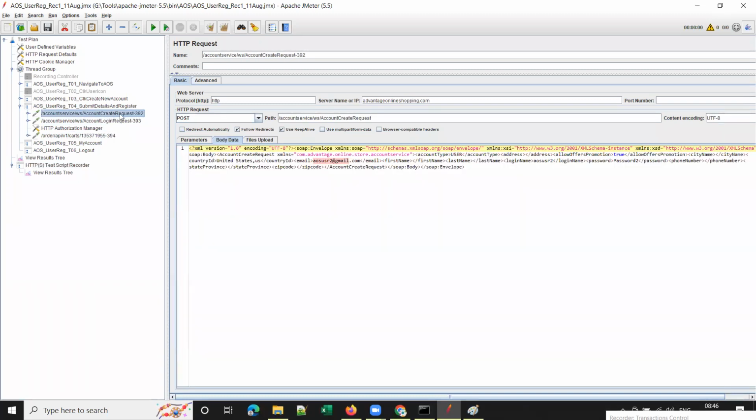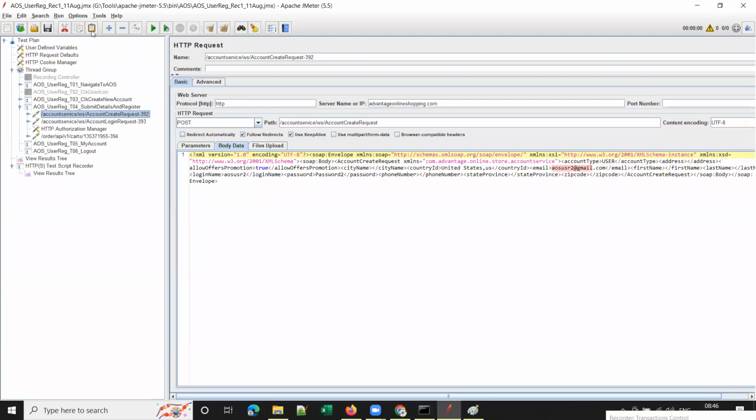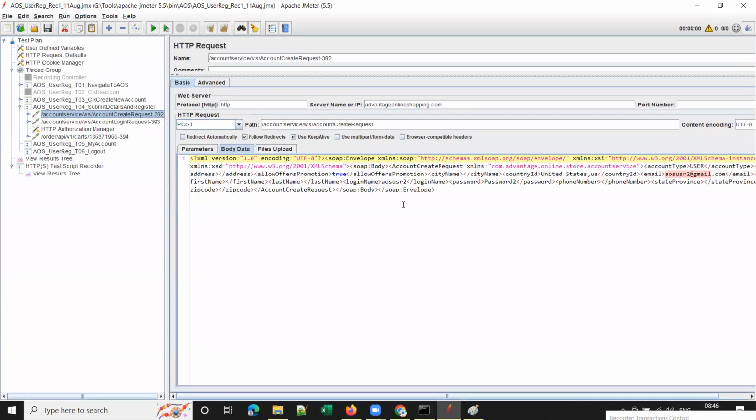See, new account create request. Let me zoom in a bit. With the fields, what we have entered is coming here. So, account create request. If you see this request, if you see this particular sample,